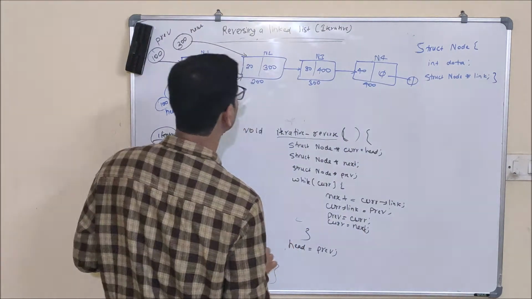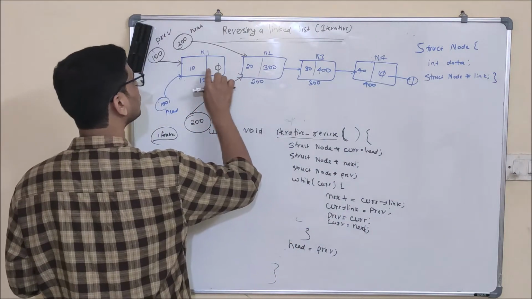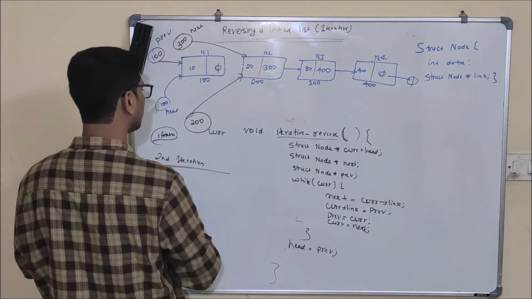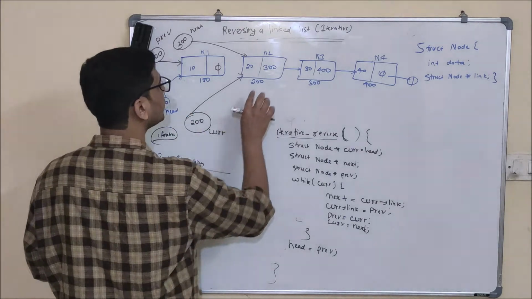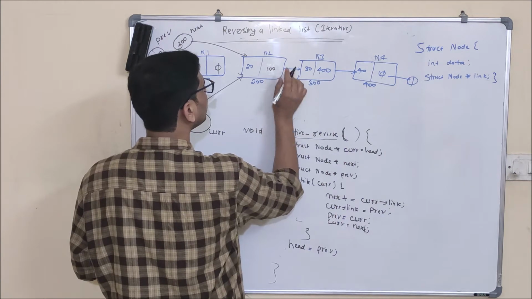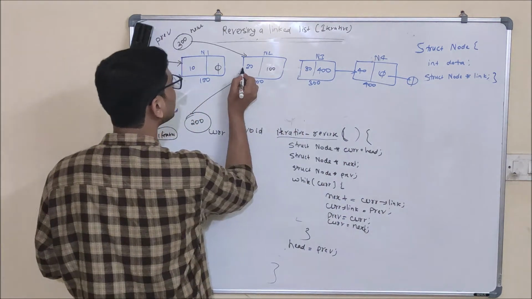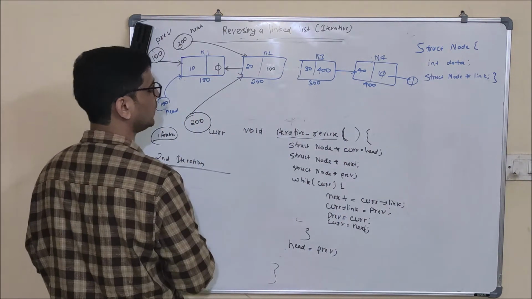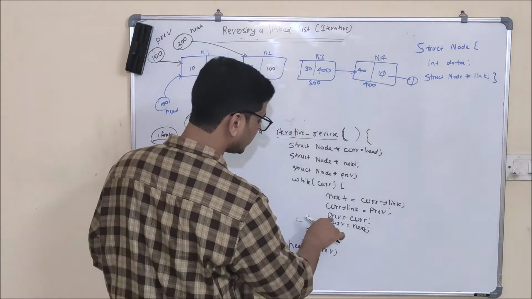Current dot link will be equal to previous. What's in previous right now? In previous we have 100. So this will be updated to 100. This will be broken and it will start to point to node 1 and after that it will come to